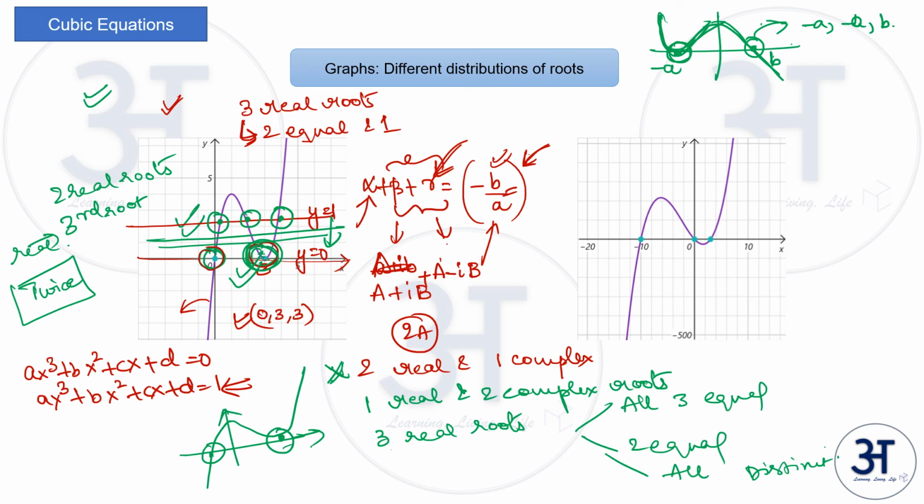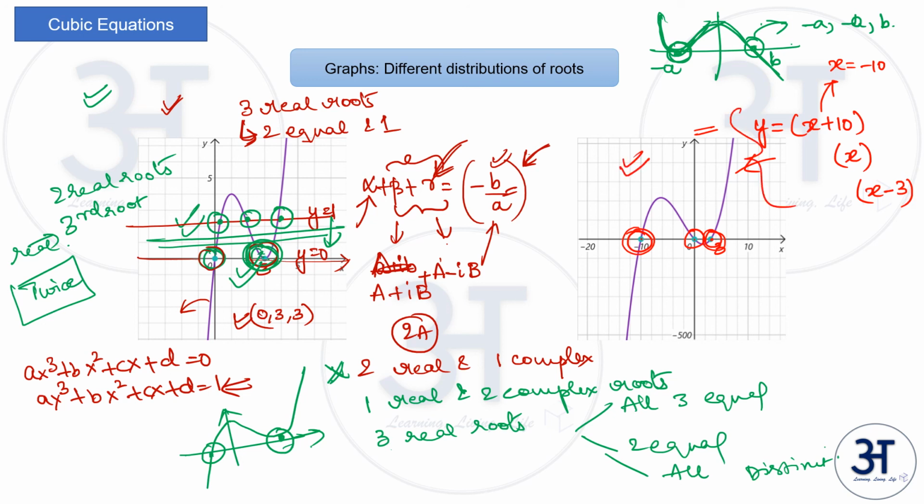Then let us look at this case on the right hand side, the graph which we have. This is a very easy case where one of the roots is -10, the other root is 0, and the other root is 3. So how do you write this equation? y is equal to, one root is -10, so the factor will be x plus 10, because when you equate x plus 10 equal to 0, you get x equal to -10. Similarly, you have a 0, so into x, and into x minus 3, since x is equal to 3 is a root. In this way, you can find the cubic equation given the graph.